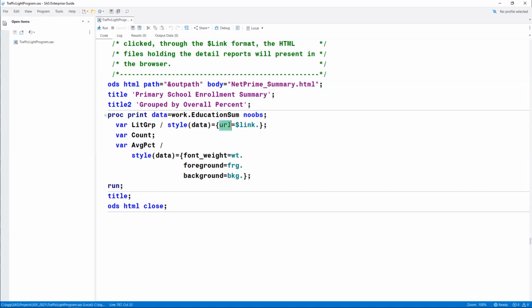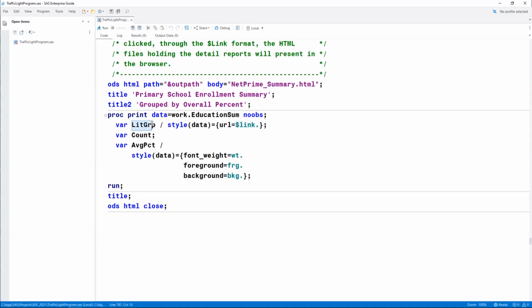I now have a new style option called URL. And you'll note I'm applying my format $link to that URL option, so that if I have a certain group, we're going to link it to the correct file that represents that group of detailed rows.